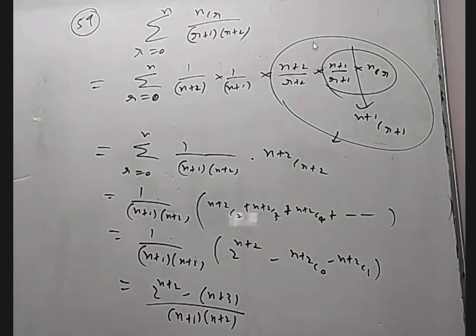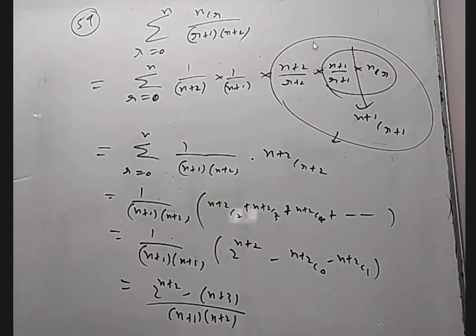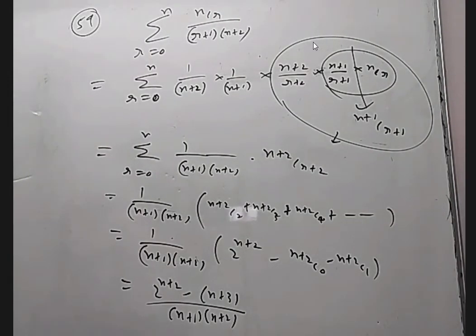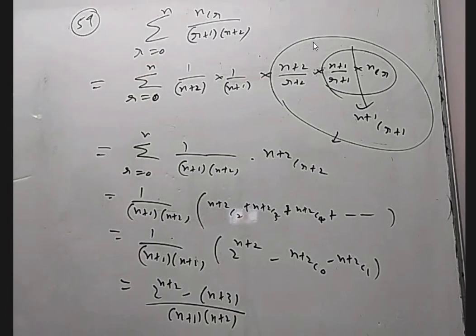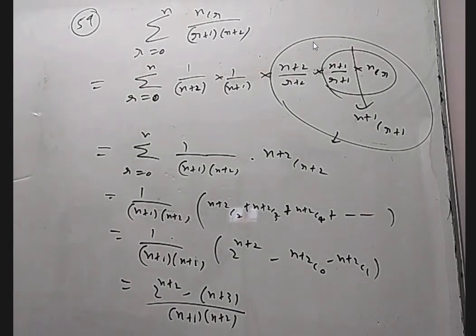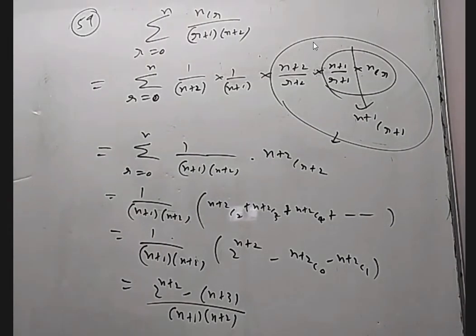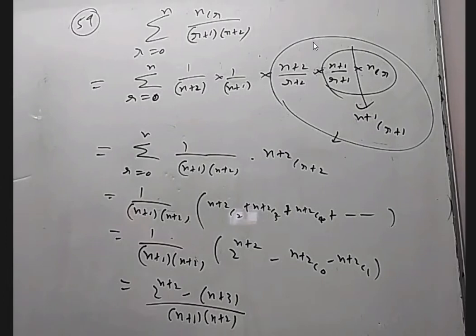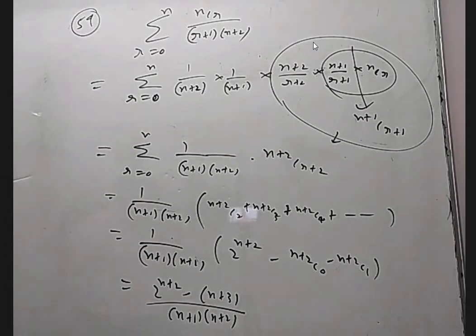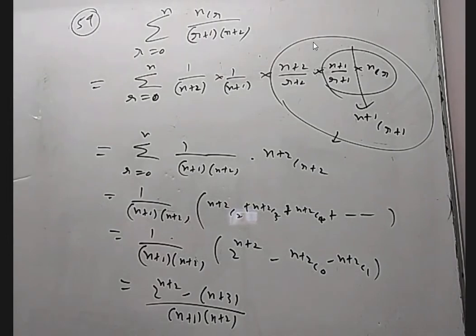If somebody wants to do it by integration, you have to integrate it, indefinite integration, write plus C, find C. Again integrate it, write plus C and find C. Then you have to do it, and then put x equal to 1. I can also do it by partial fractions. That's also okay. We'll do that. I can do indefinite integration. I can even do definite integration. We'll see that.